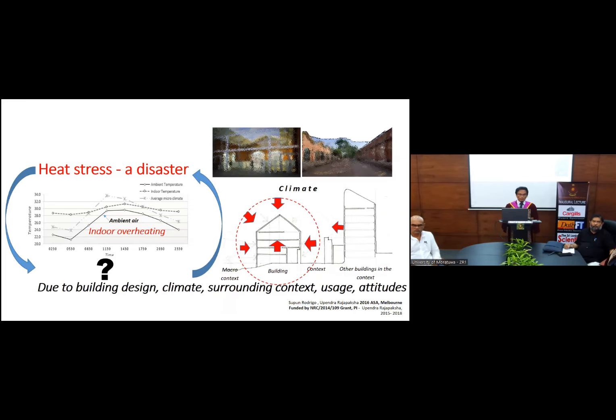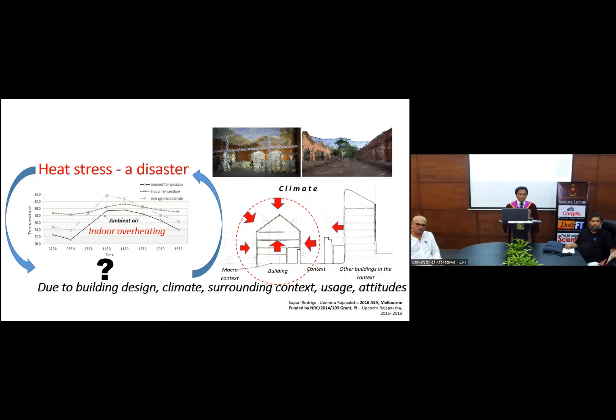So that shows the typical scenario in most of our buildings. The typical scenario is overheating, it's well above ambient. This is a free running mode. This building is having airflow, natural light, but the problem with free running buildings in tropics is the indoors are overheated. Usually in free running buildings, indoor temperature closely follows the ambient temperature. So the pattern is similar.